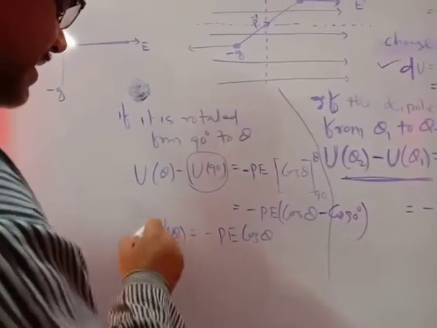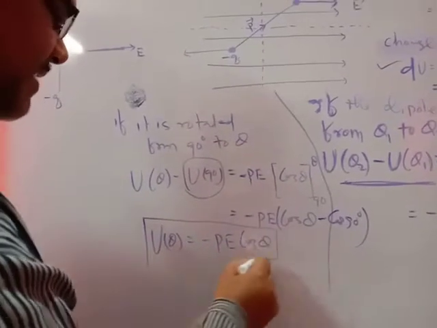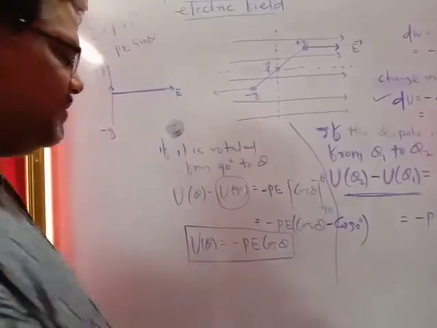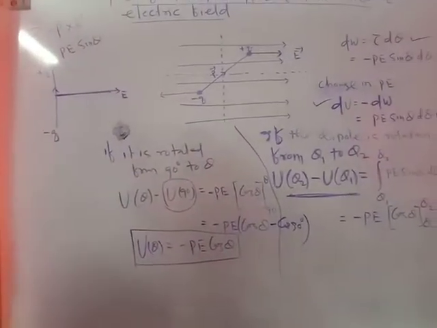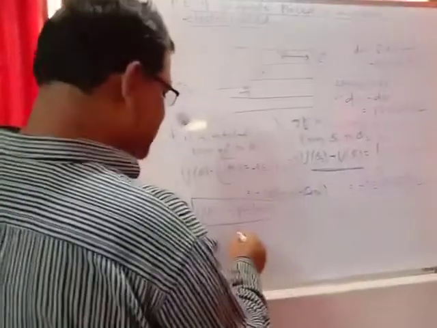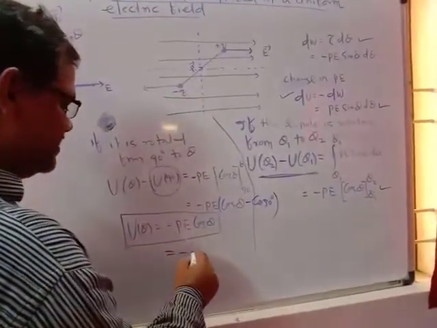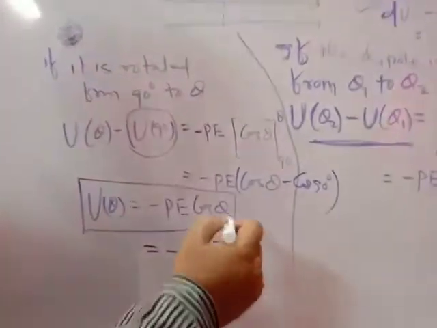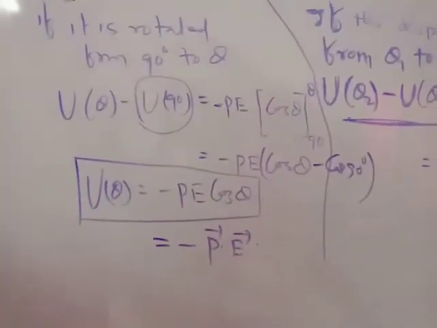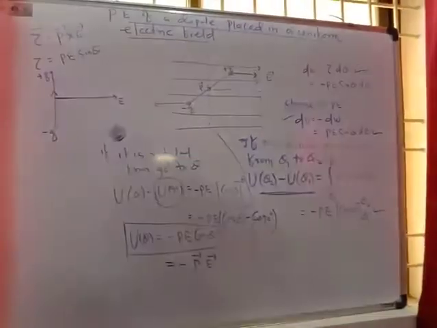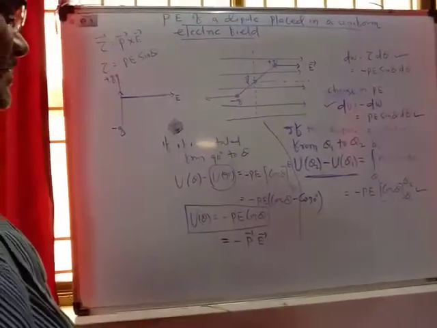So you are finding the potential energy of the dipole is equal to minus p E cos theta. This is the potential energy of the dipole whenever the dipole is rotated through an angle theta. Or you can write it as the potential energy equal to minus p vector dot E vector. It is an important thing that now, if the dipole is rotated,